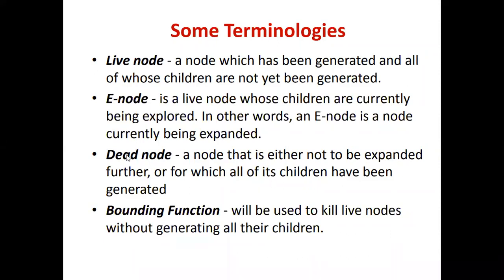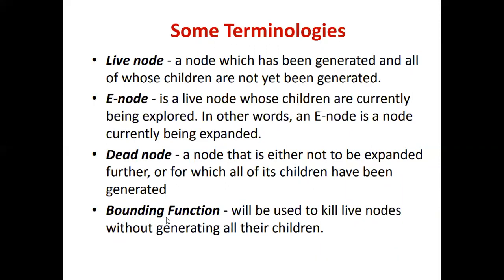Okay. So next is dead node. We know what is dead node, correct? So dead node is nothing but a node which is not possible to expand further, or you can also call it one which does not satisfy the constraints. In such a case you kill that particular node. So that you call a dead node, a node from where we cannot move further, or a node which we kill.